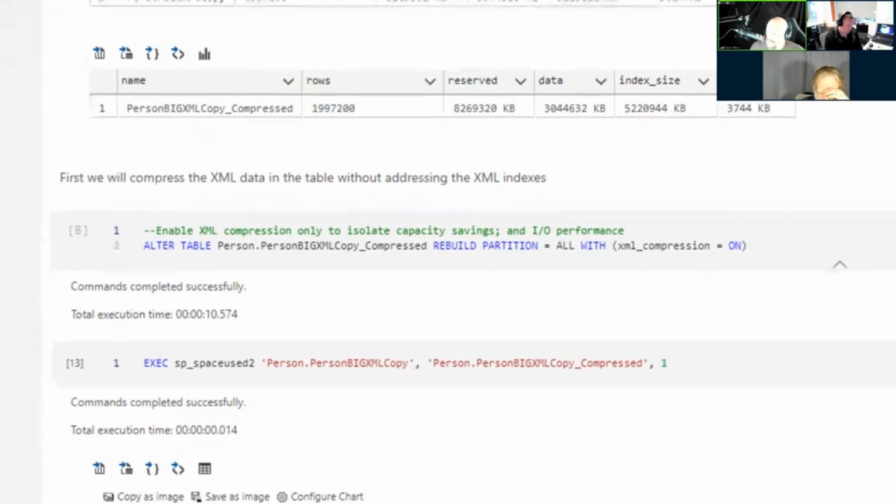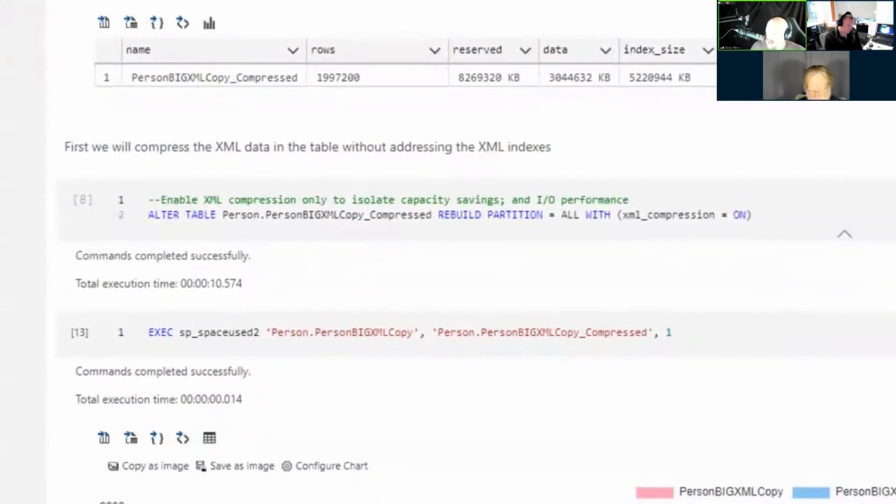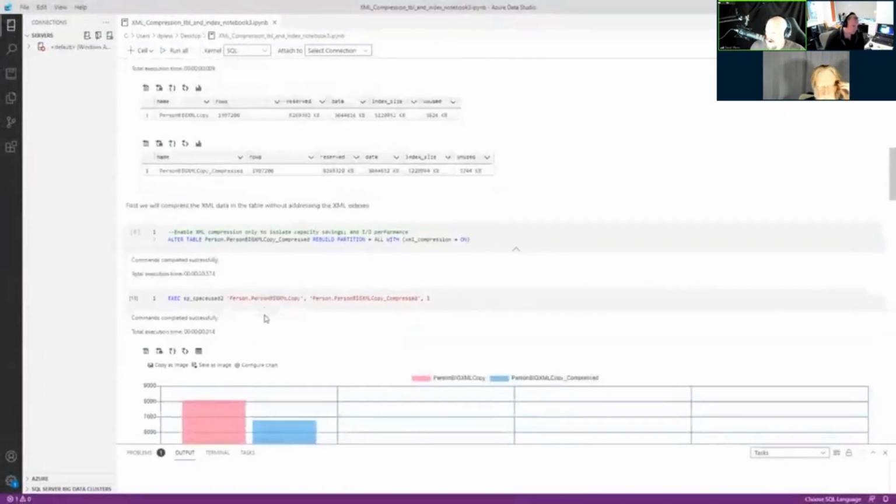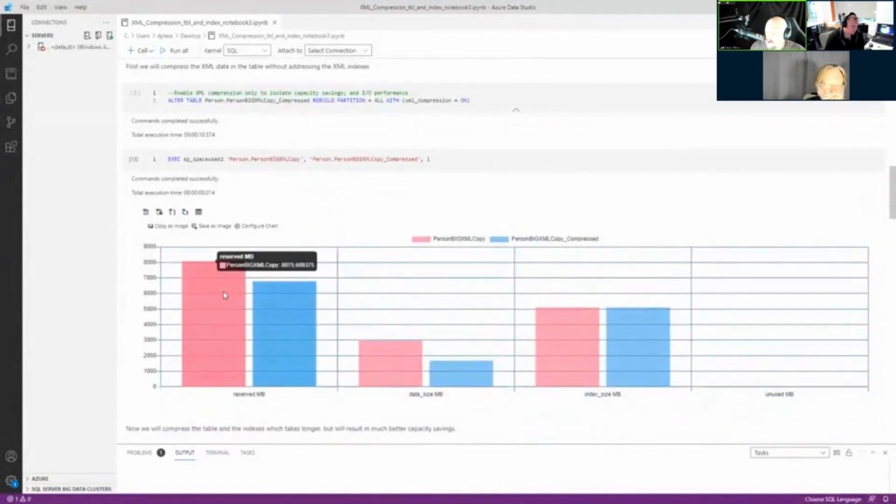Now, I created a stored procedure called sp_spaceused2. It's essentially just a wrapper, and what I'm doing is flattening the data, removing kilobytes, trimming that out so I can graph it. So here is the graph of this in Data Studio.